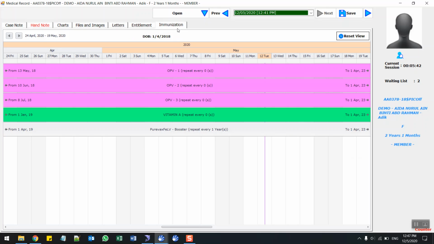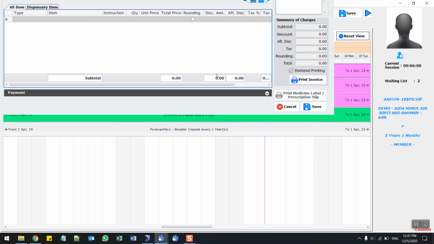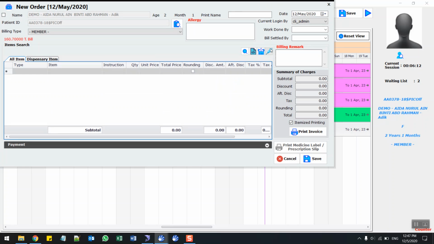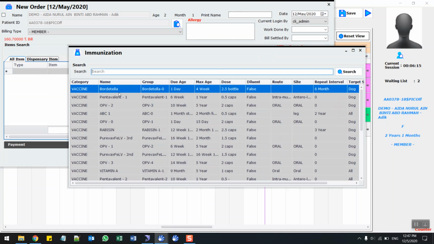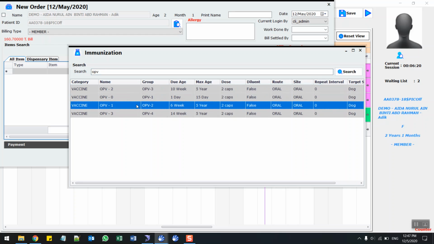Okay, when you come to this immunization, this color states that this is today's date. Okay, so from this today date, you notice that there are a few injections available for this patient. If the doctor wants to inject OPV1 for this patient, you can just double click on it, and then from this inject icon, you just click on this, and then you can search for OPV, enter, and then you just